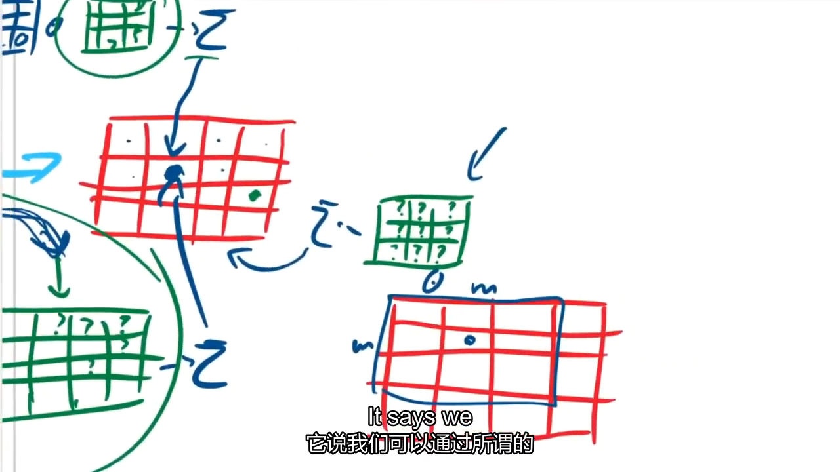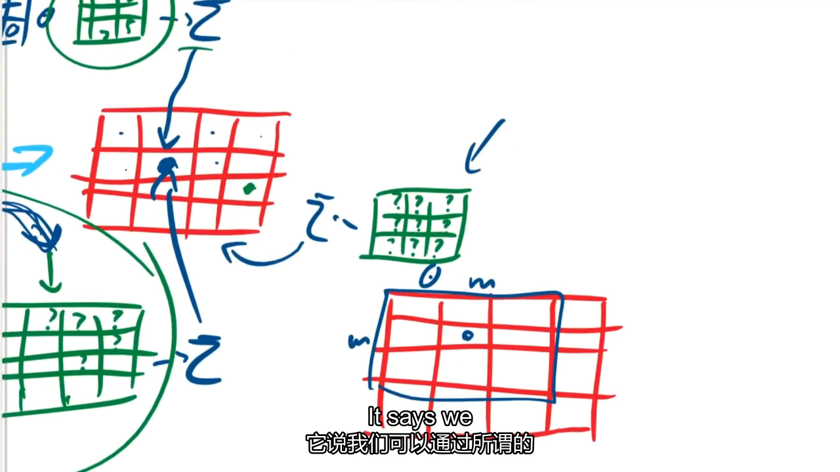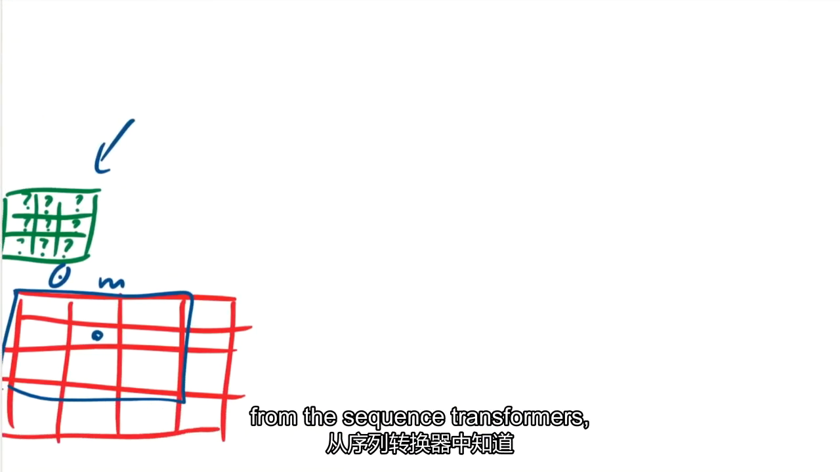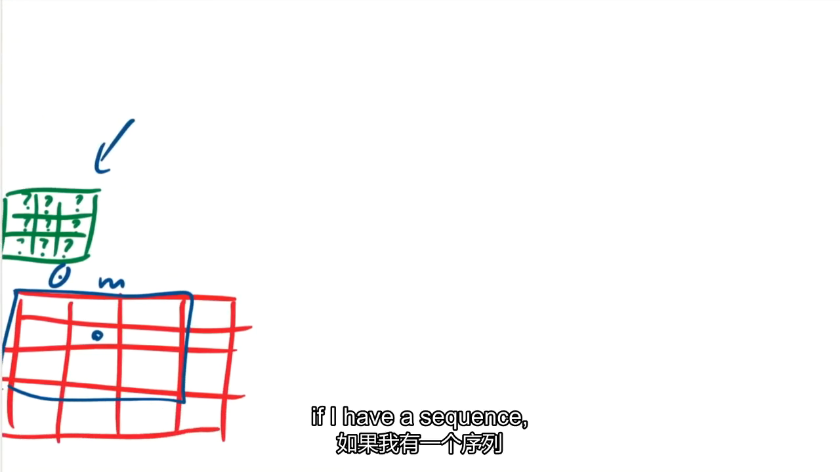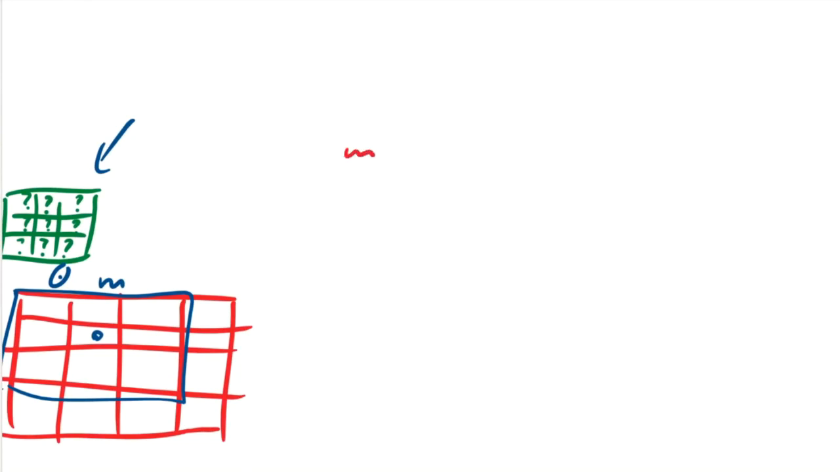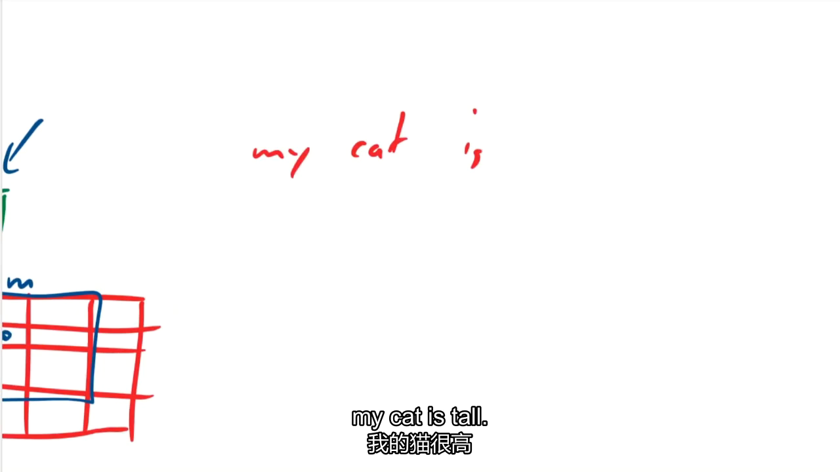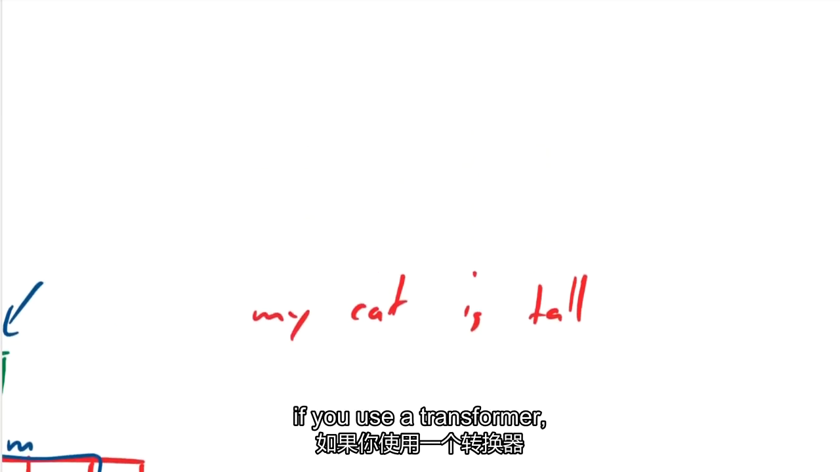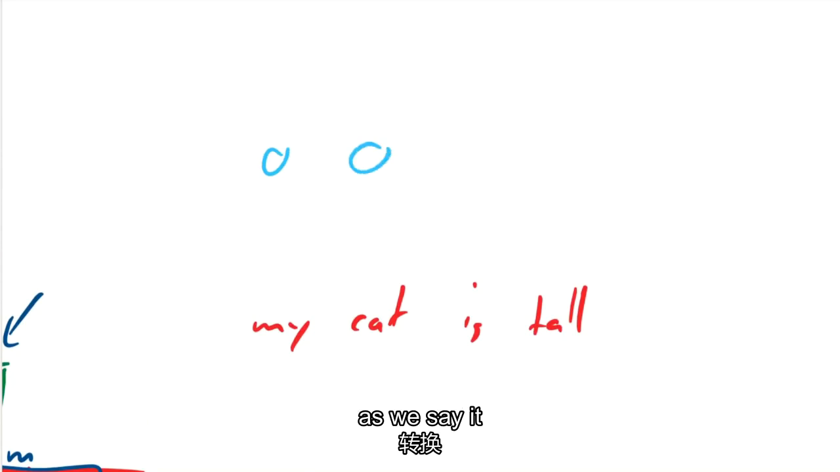It says, okay, we can augment this by so-called positional embeddings. A positional embedding you might know from sequence transformers. So if I have a sequence, my cat is tall. Don't even know what that means for a cat, but okay. In a positional encoding, if you use a transformer and you transform this, as we said, into a